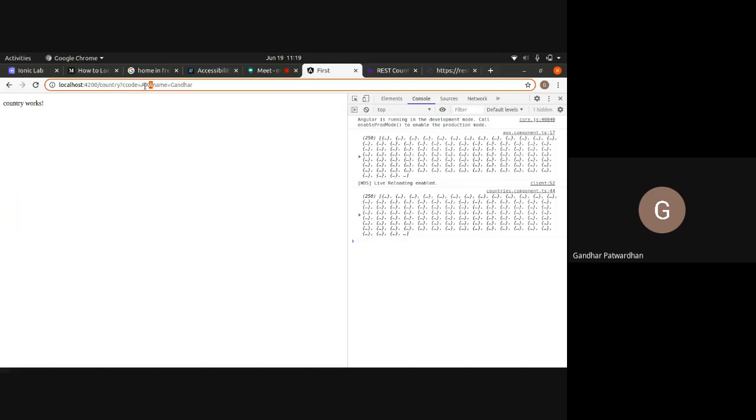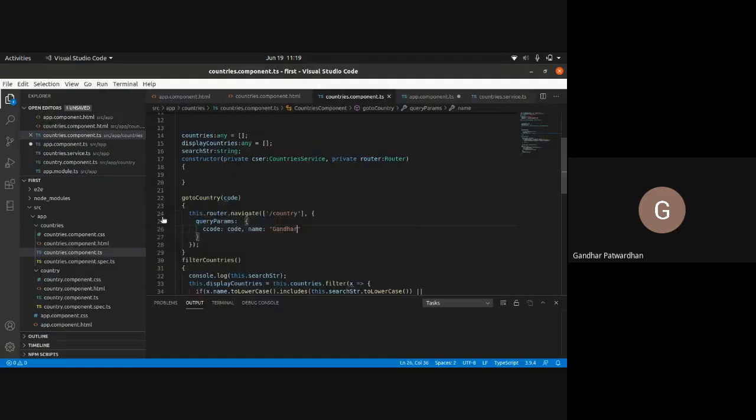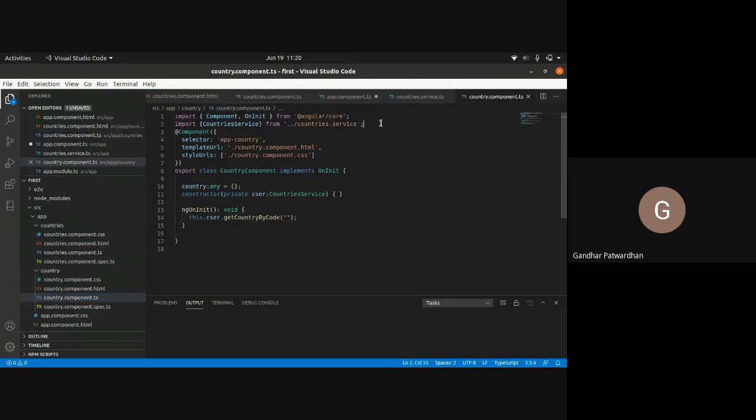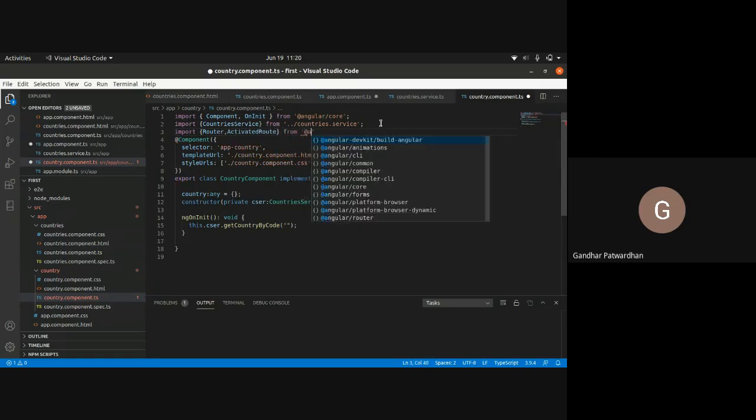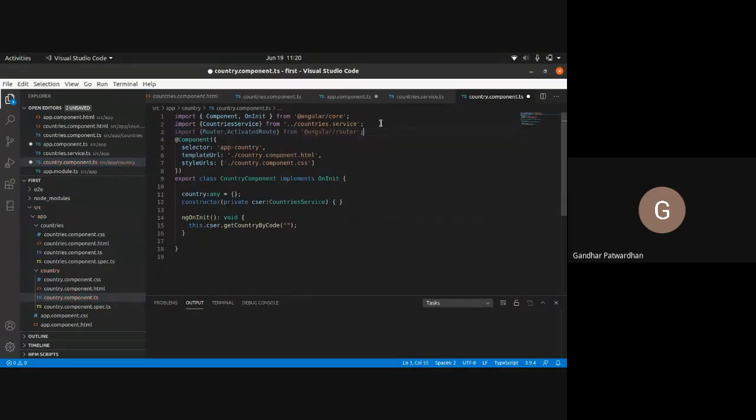To do that, we'll go to our country.component.ts, and I would say import Router, comma, ActivatedRoute from @angular/router.